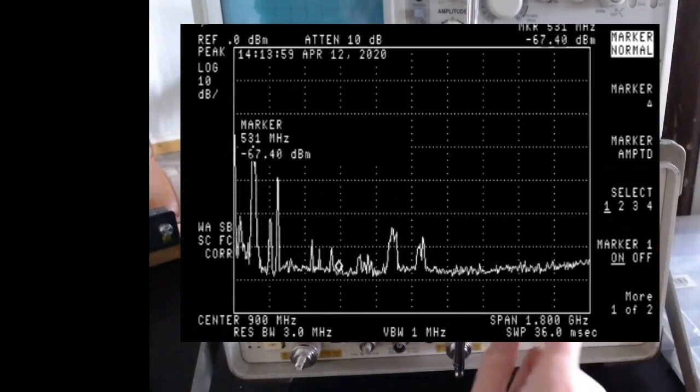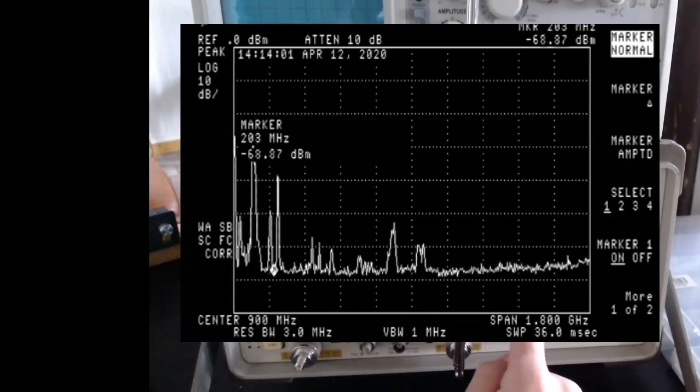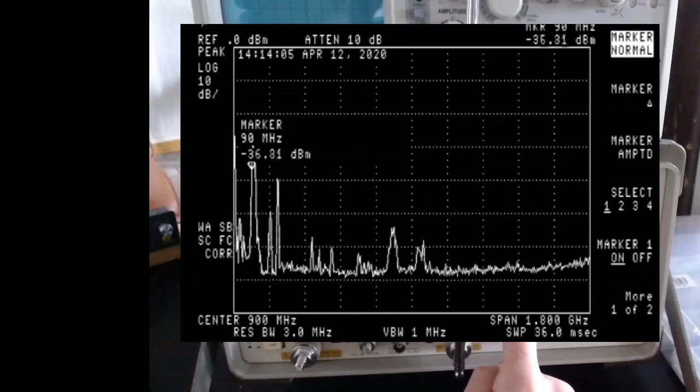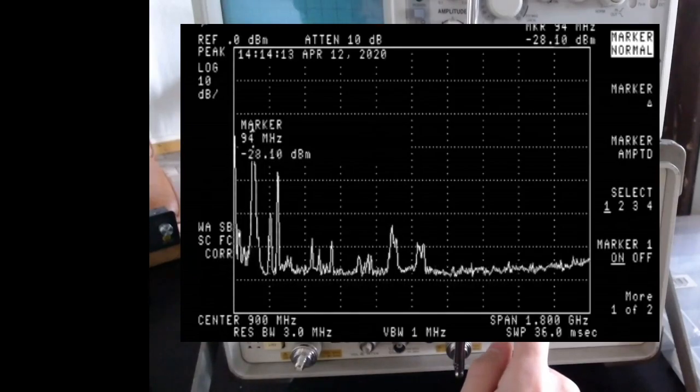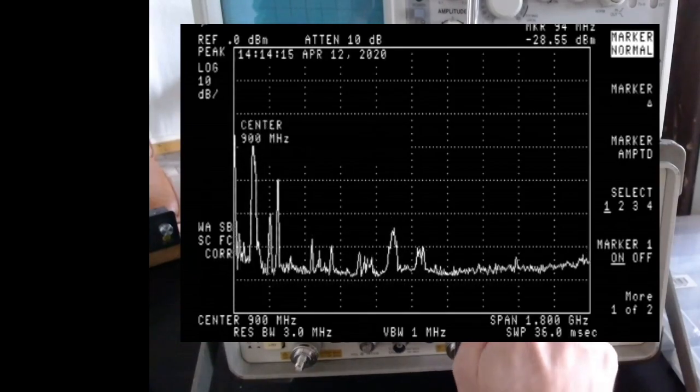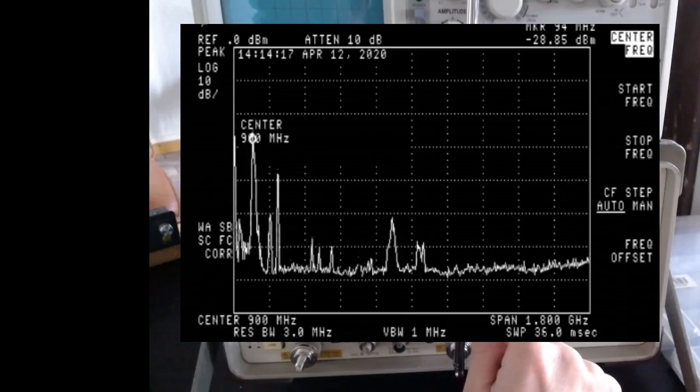Okay, so let me move the marker, and as we already observed before, here around 94 megahertz we have this very high peak. This is the FM band, and indeed if I set the frequency, so I click frequency on the spectrum analyzer,